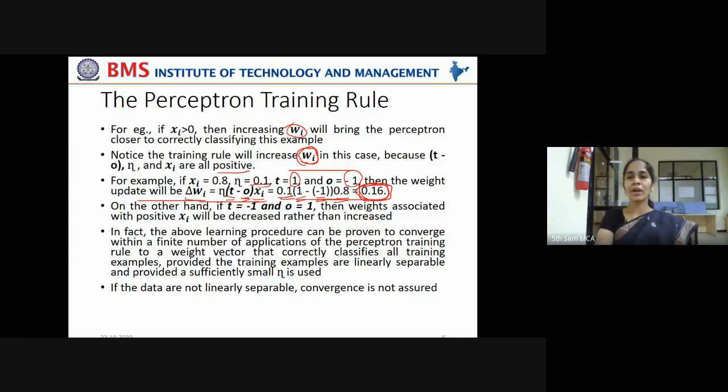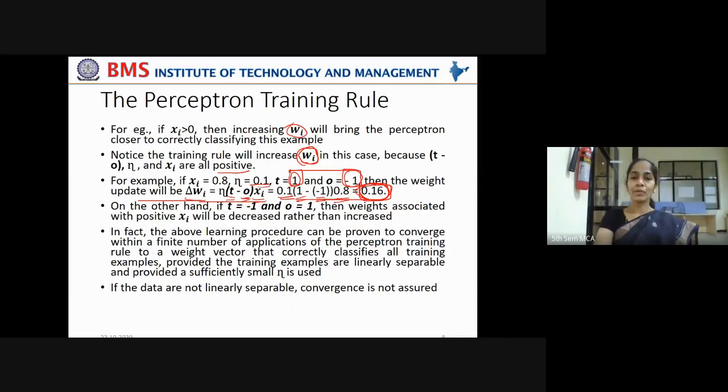You will get 0.16. Okay. This is the amount of weight that has to be added to the previous weight, Wi, in order to make the correct prediction as plus 1 instead of minus 1.